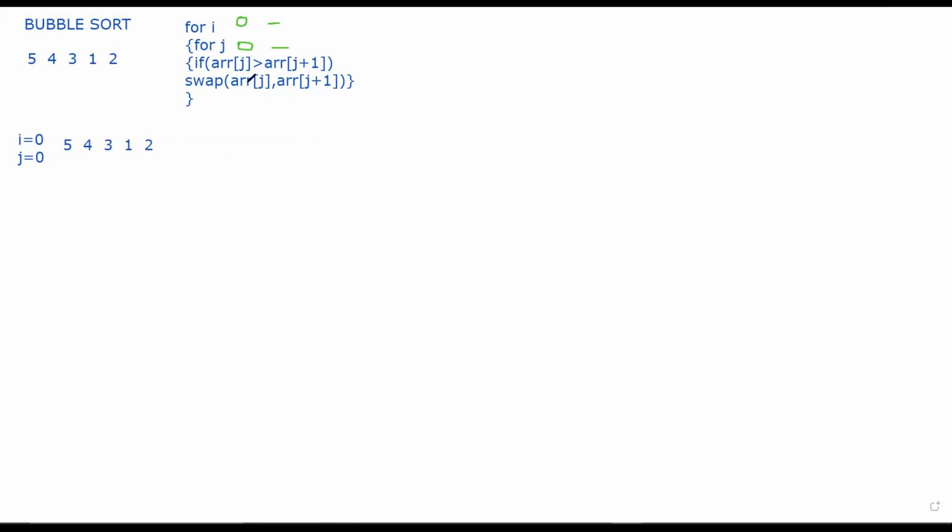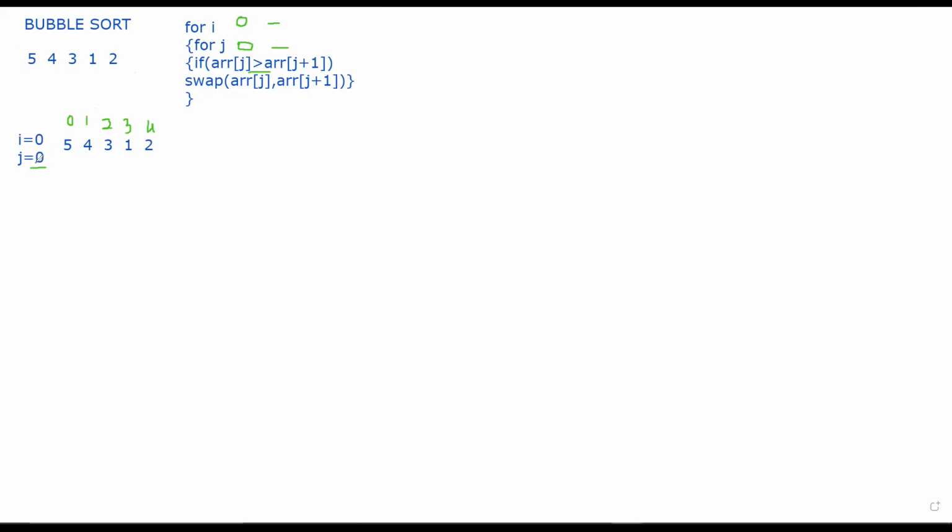So now, what have I written over here? Array of j and array of j plus 1 I have to compare. Now over here, what comparison am I doing? What is array of j? j is nothing but 0 right now. So array of 0 is nothing but what? This is my 0th element, this is my first, this is my second, this is my third, and this is my 4th element of my array. I have not drawn an array, I have just written the sequence inside the array.